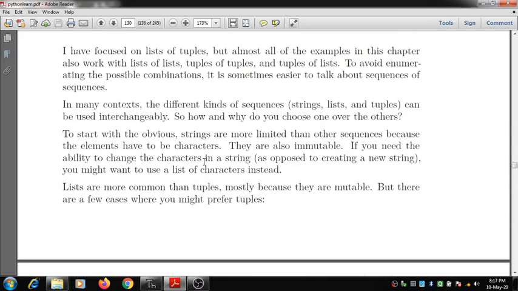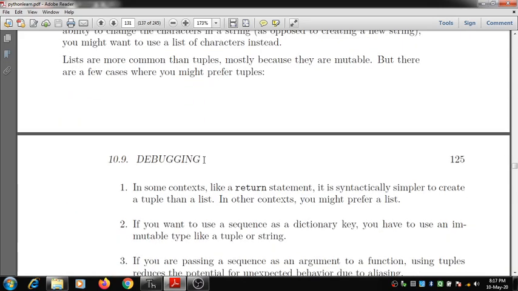In some contexts, like a return statement, it is syntactically simpler to create a tuple than a list. In other contexts you might prefer a list itself. If you want to use a sequence as a dictionary key, you have to use an immutable type like a tuple or a string.